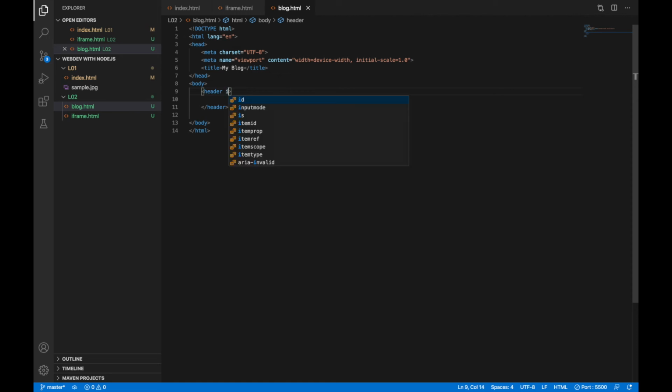Yeah, I should do it right now. ID is equal to main-header, and inside this header I'll write my h1, my blog, and then we close this header.